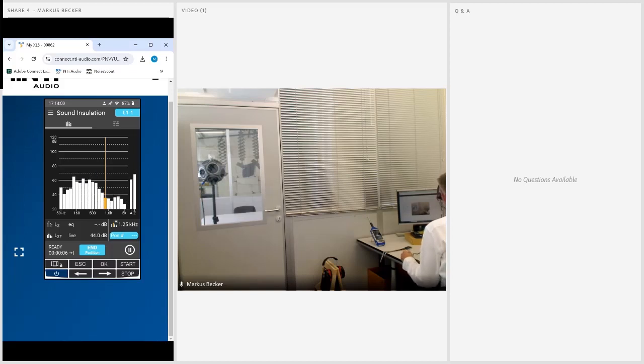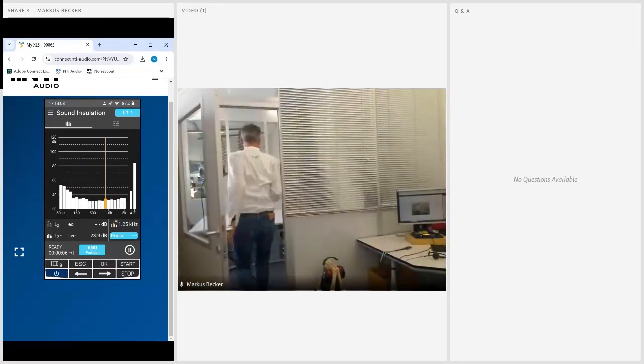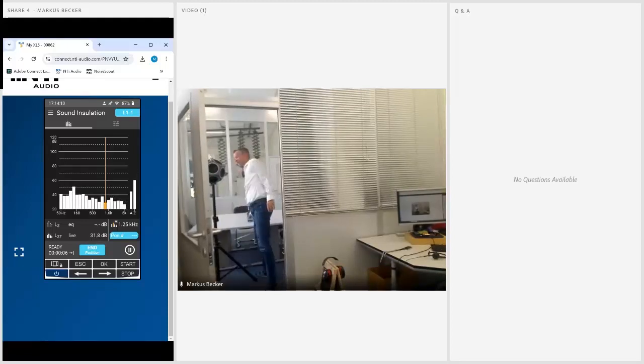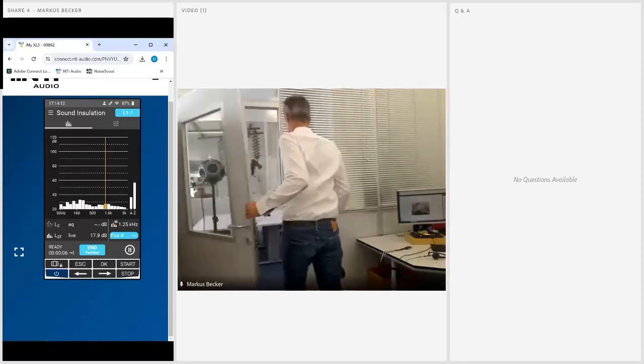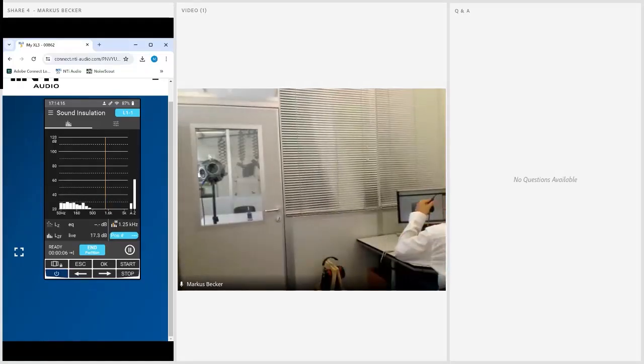And I have now to put my XL3 in the next room, and then I will start my measurement. Well, you will see it on the screen. I will switch on my dodecahedron and then start the measurement on the XL3, which is now located in the sending room.